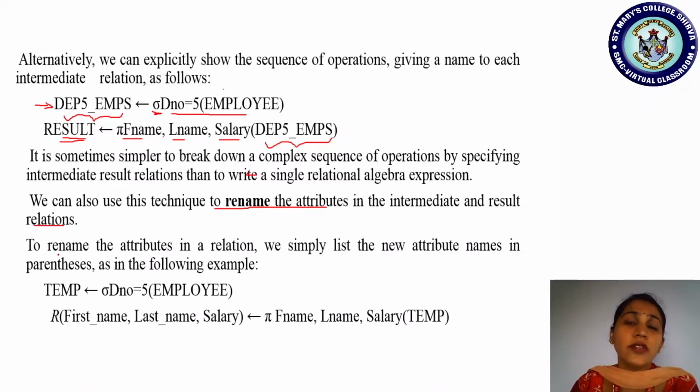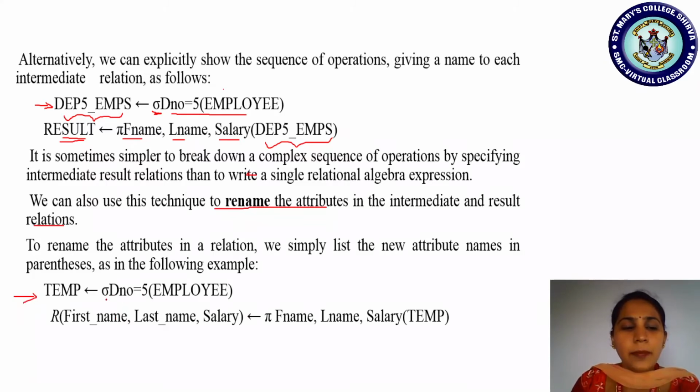So now the question is how to rename a table, and how to rename an attribute. The student relation is already there, the employee relation is already there. How do we have a new relation, how do we rename that relation? Yes, we can do it, but we have to follow this kind of example. So just check this method here.